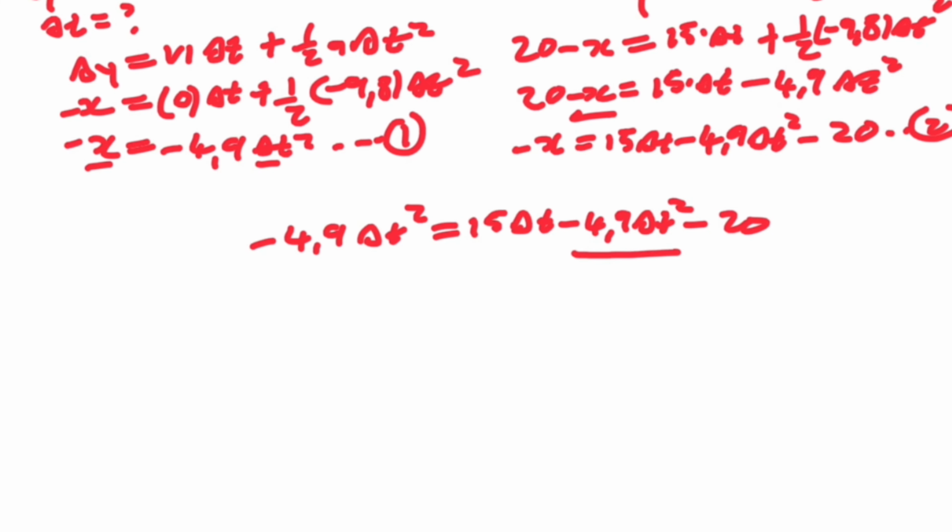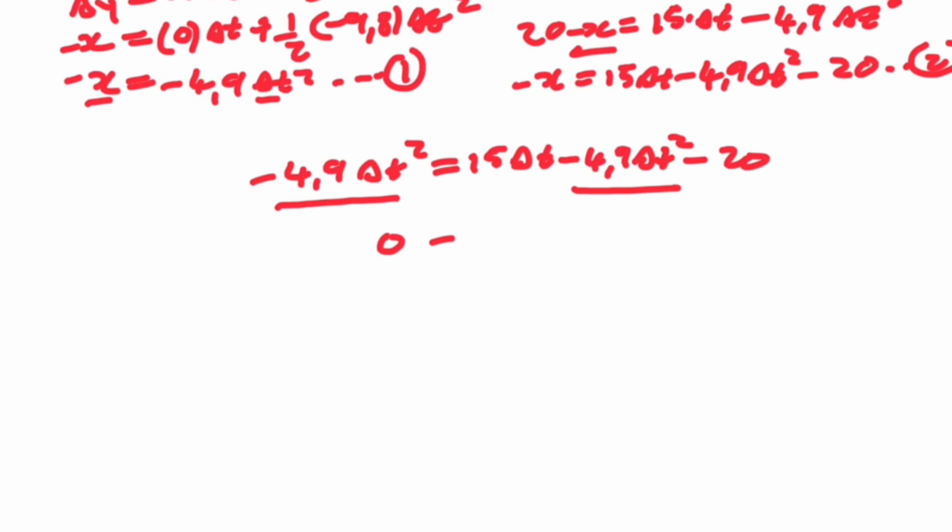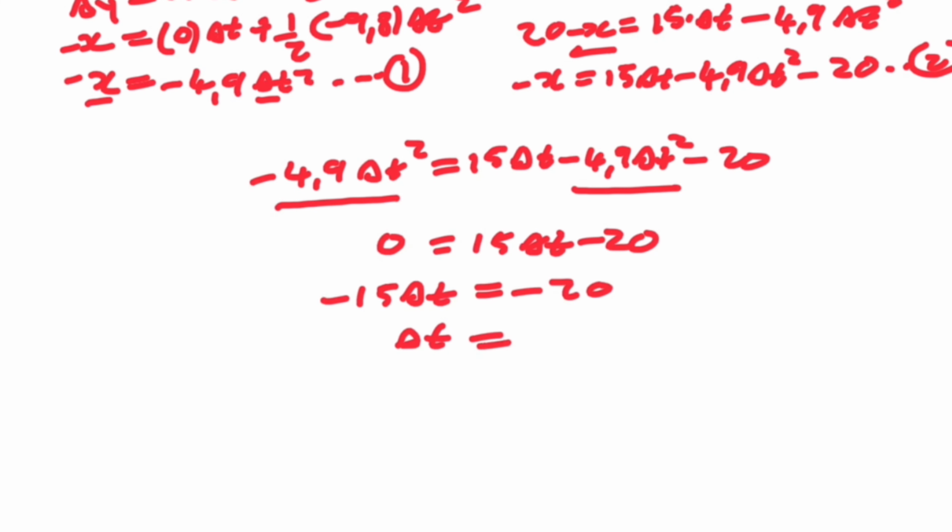If we take minus 4.9 delta t squared to the left hand side, we're going to have minus 4.9 delta t squared plus 4.9 delta t squared, which will give us 0. So we have 0 being equal to 15 delta t minus 20. Minus 15 delta t to the left hand side, minus 15 delta t is equal to minus 20. If we go ahead and divide both sides by 15, we get